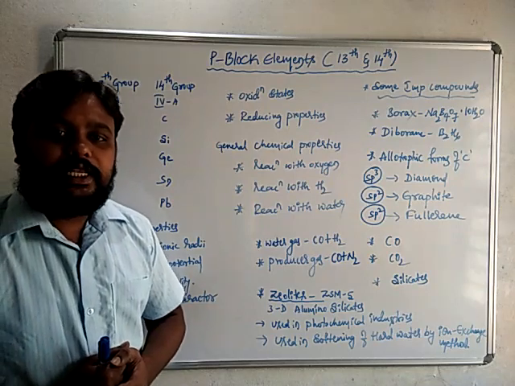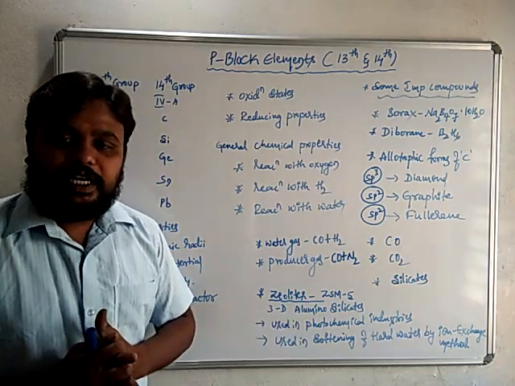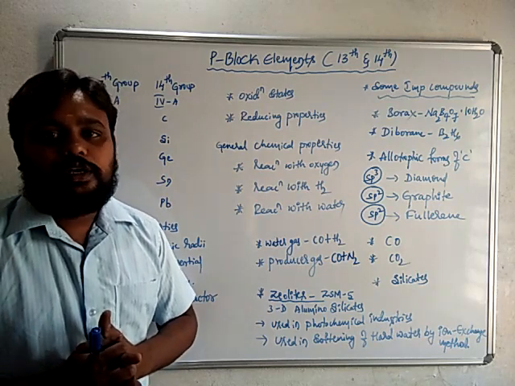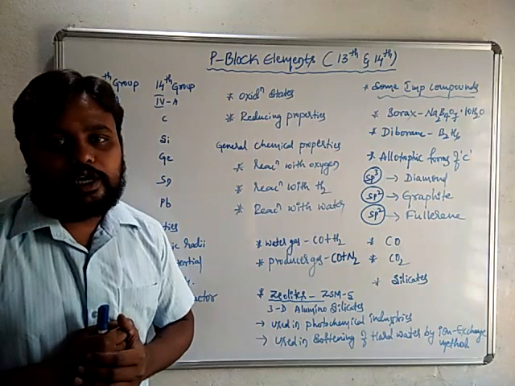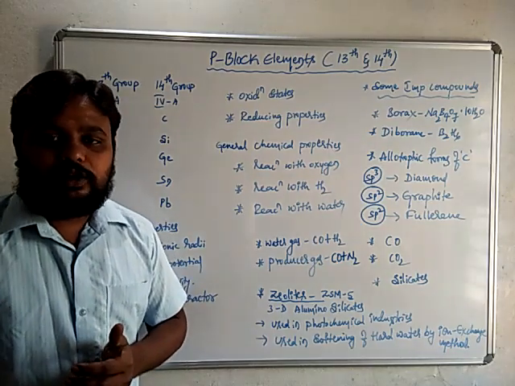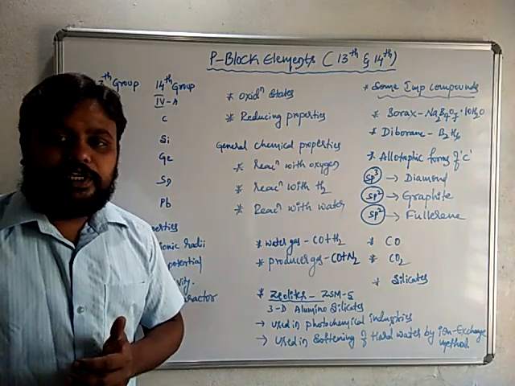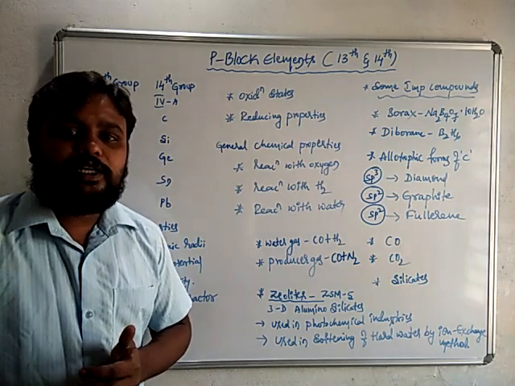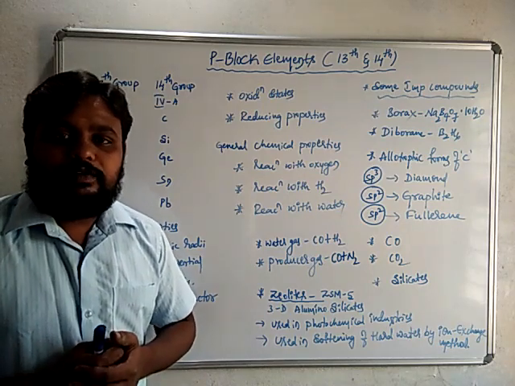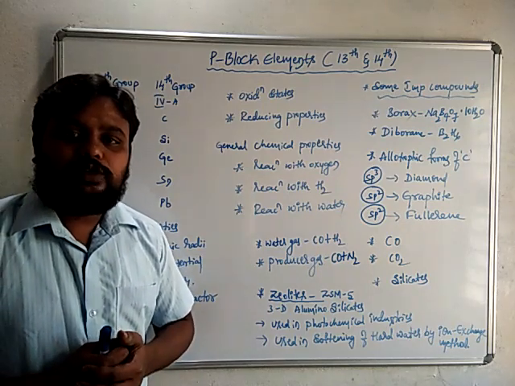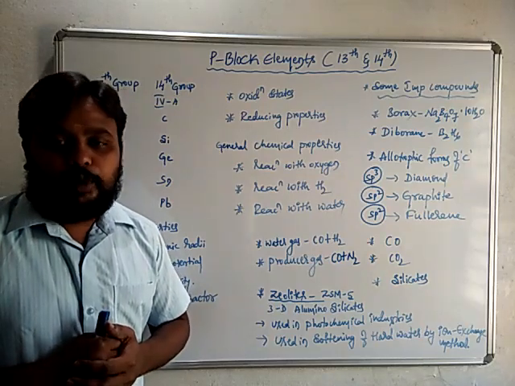So we know that in inorganic chemistry the periodic table is classified into four blocks depending upon the differentiating electron. If the differentiating electron enters into S subshell, we call it S block elements. If it enters into P subshell, they are called P block elements. If it enters into (n-1) d orbitals, they are called D block elements. Whereas if the differentiating electron enters into (n-2) F subshell, they are called F block elements.